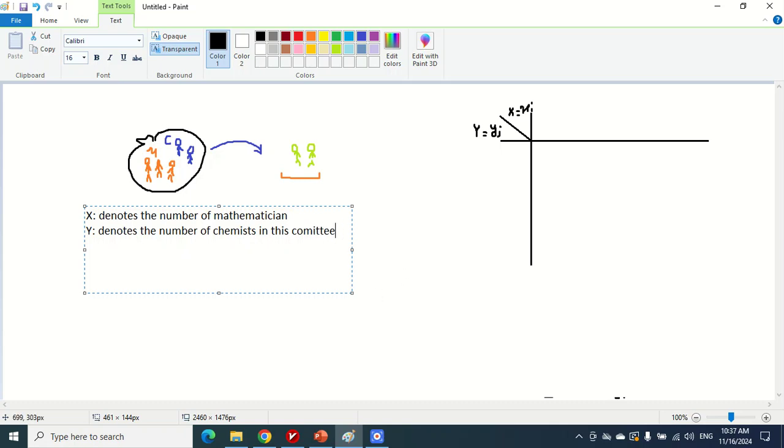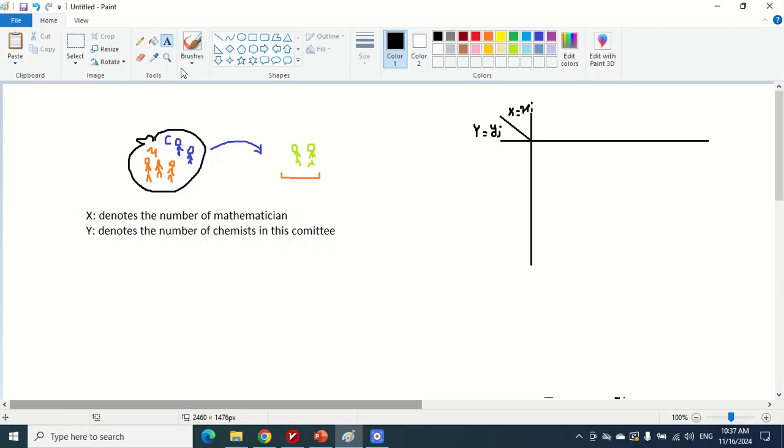I just misspelled it, mathematicians and committees. So if x denotes the number of mathematicians and y denotes the number of chemists in this committee of size 2,